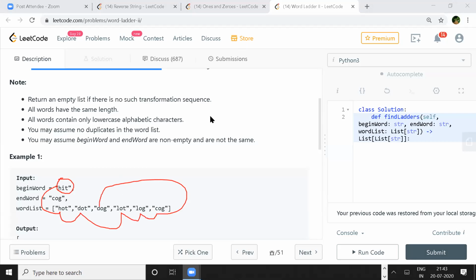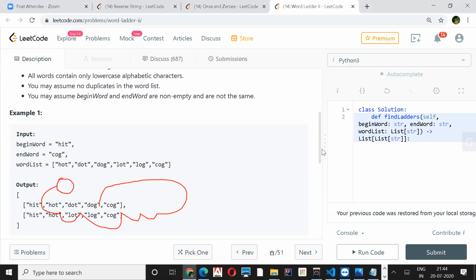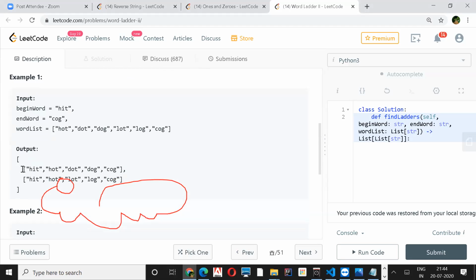So cog is our end word, right? Pardon? Cog is our end word in this case. Yeah, so we have just cog. If cog is the end word, then we have to visit log to dog and then cog. Right. It's like if dog is the end word, then this will be like iteration. Yeah. I mean, how many such possible sequences can there be that we have to mention? The shortest one. Yeah, shortest one.